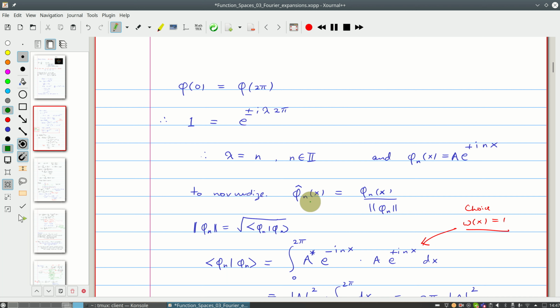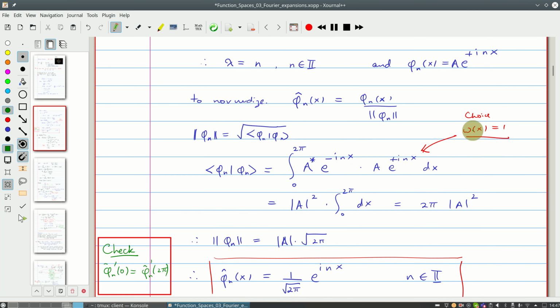Phi hat of n is defined as phi n of x divided by the norm of phi n. The norm of phi n is the square root of the inner product of phi n with itself. And if I now choose, and this is a choice, to define my inner product to be the one with weight function w(x) equal to 1, so there's no weight function, in fact every point is weighted equally,